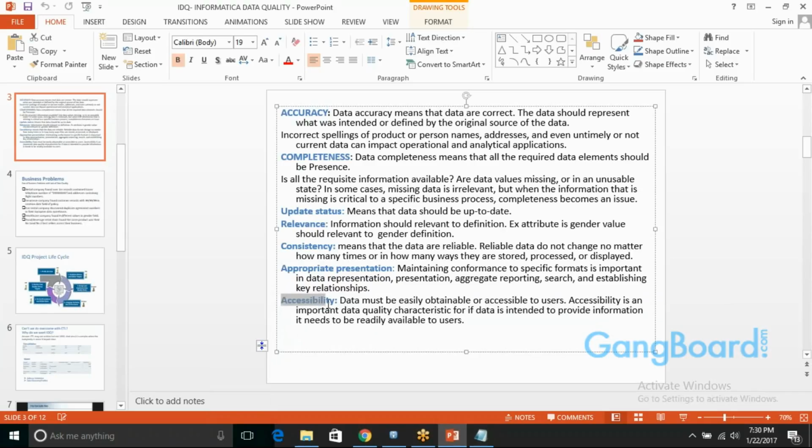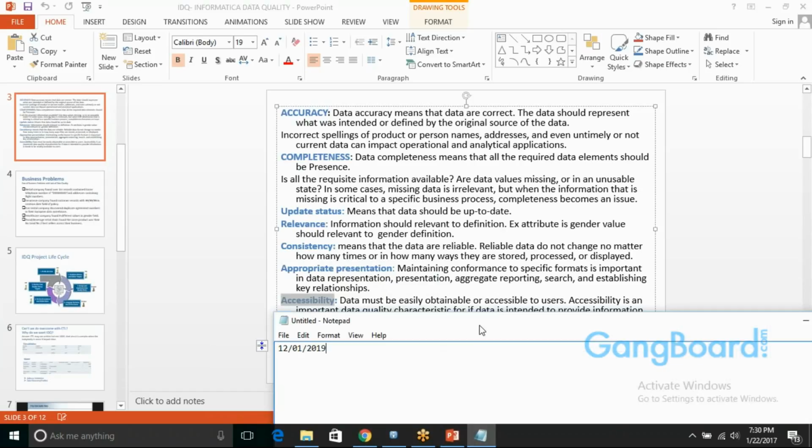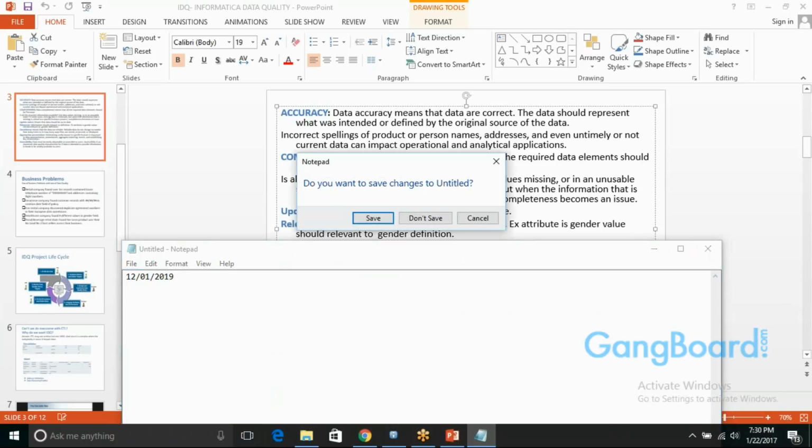And accessibility. That the data should be accessible to everyone. Everyone in the sense who are authorized to access the data. The data would be available to all across applications. So let's take an example. If you take an example,